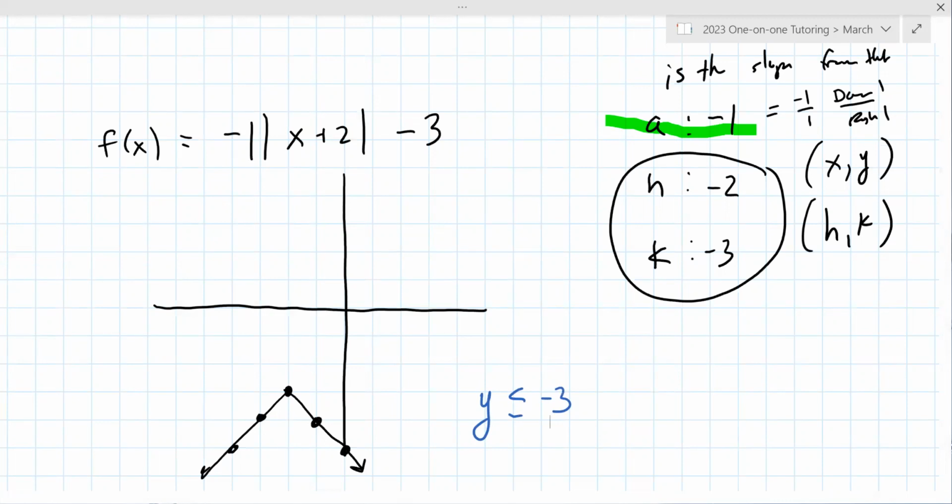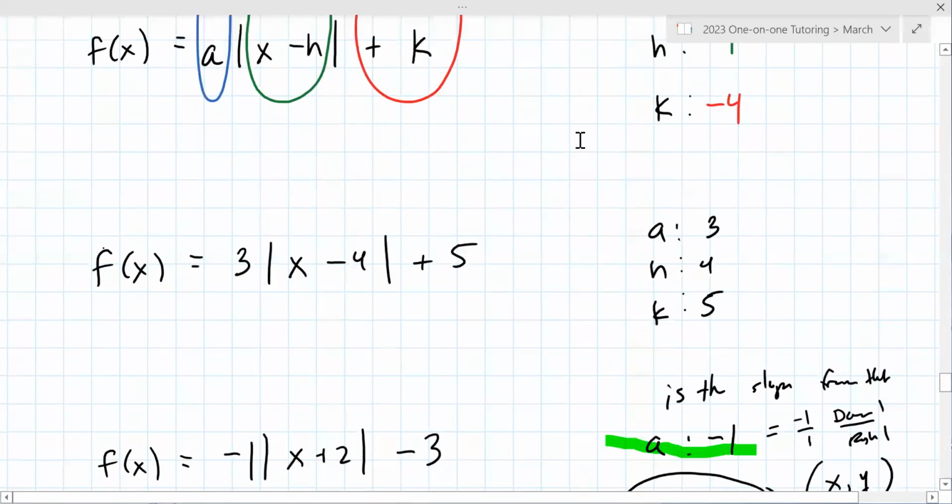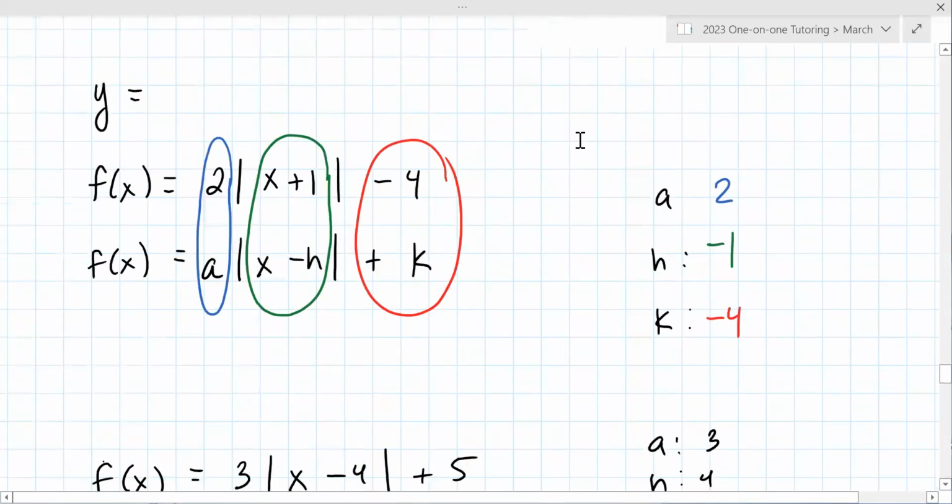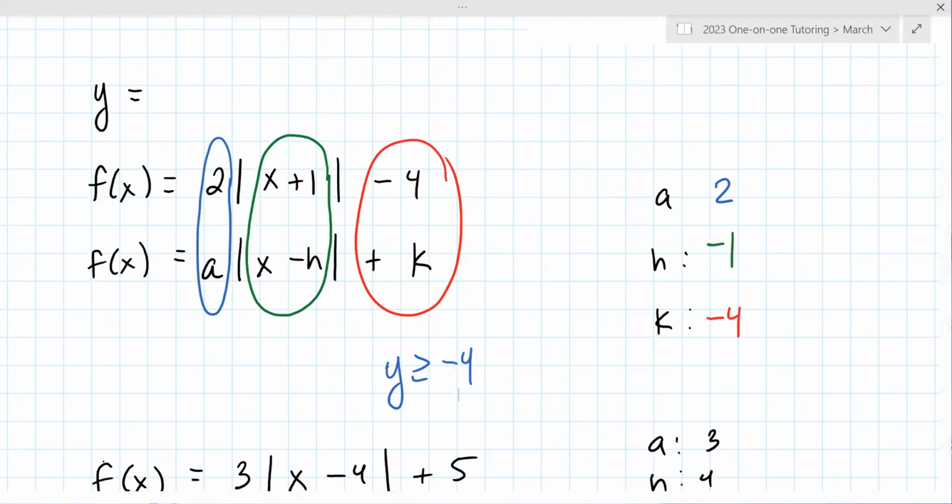So for the one that my teacher gave me, can you go back to that one? Since it's opening up, it's greater than or less than, right? Greater than or equal to -4. Yeah. All right. So we are out of time here for